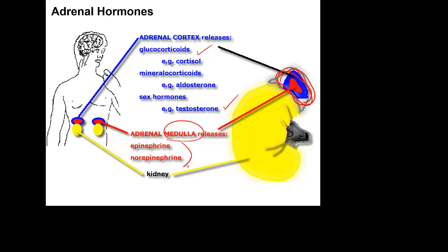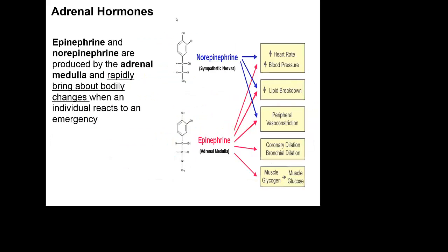And what we look at is whether you're dealing with the cortex or the medulla, the hypothalamus and the pituitary gland are going to control both portions of your adrenal glands. Epinephrine and norepinephrine would be short-term, fast-acting hormones. And what we see is they're associated with either the adrenal medulla and our epinephrine, or our norepinephrine and our